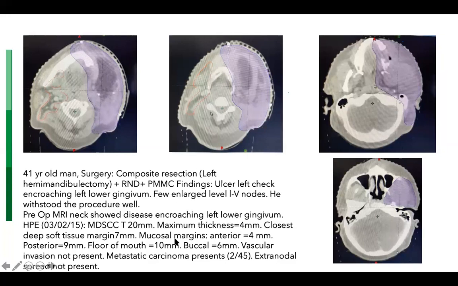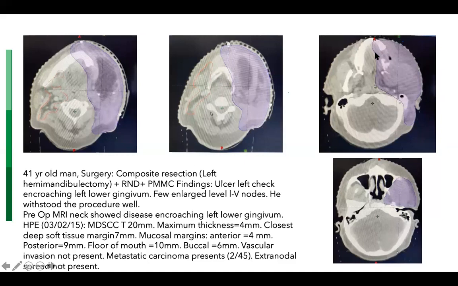Now, this was a young man who had a 2 centimeter tumor with one margin which is plus minus closed and involvement of 2 out of 45 lymph nodes. So extranodal spread is not present. So we treated him to 60 gray, and this is serially, as you can see lower down, the flap is very bulky, but we have come down and covered the flap even. This is at the level of the thyroid cartilage, and then posteriorly ensuring that the flap is covered completely and the posterior auricular nodes are covered completely.